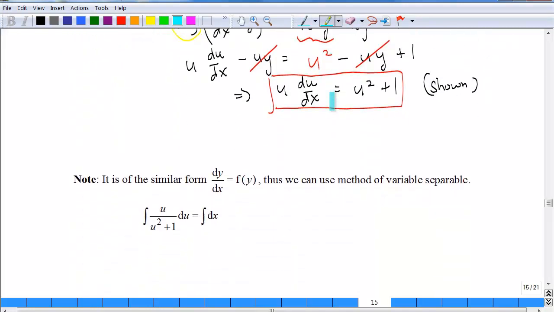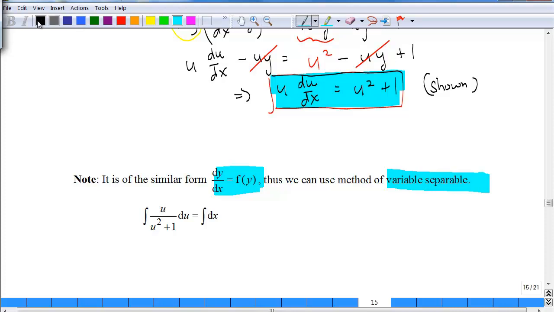Okay, so you know that from this simplified form of the DE after doing the substitution, it is actually quite easy to solve this because we can still apply our variable separable method. Right, so when we shift all the u's to the left, what you see is actually this. Okay, so we are at this stage now. So solving this is